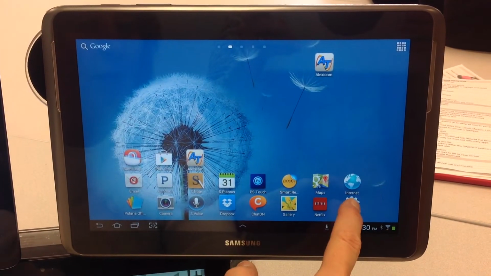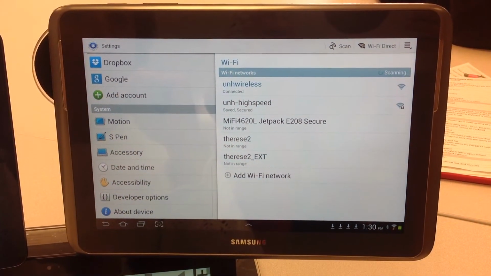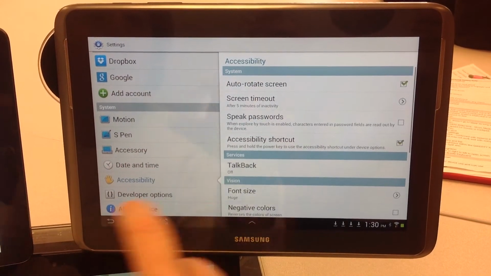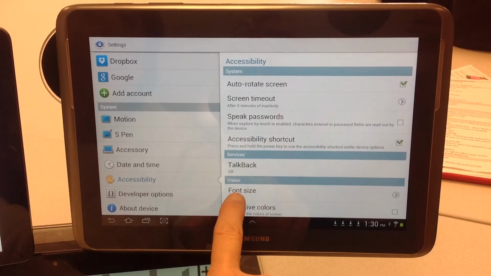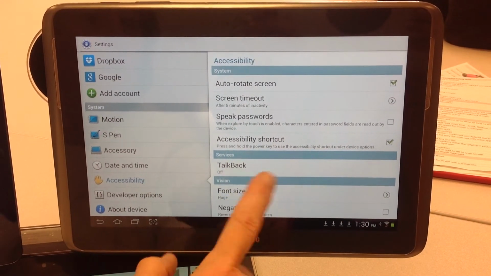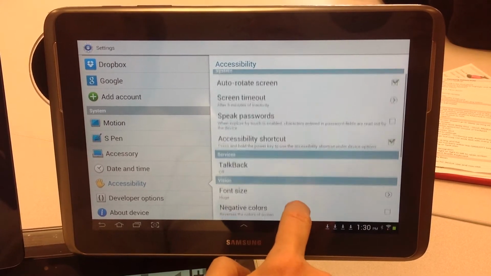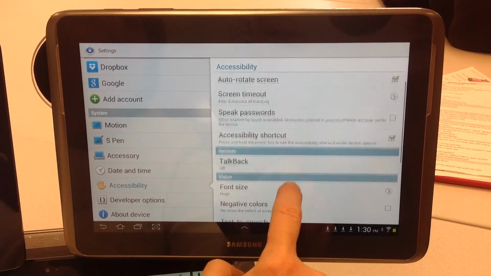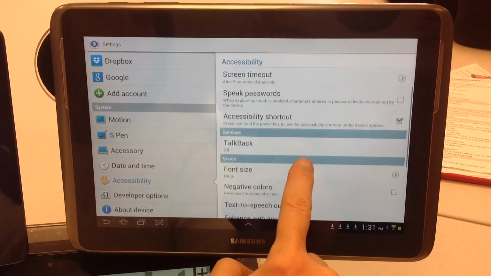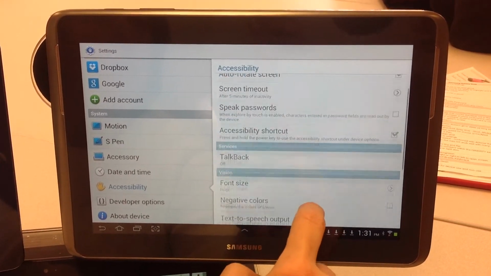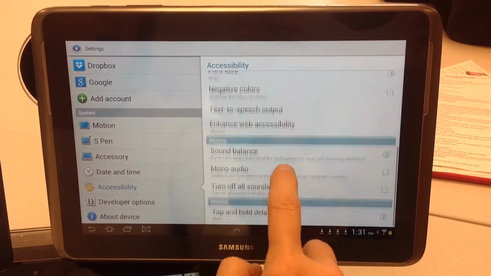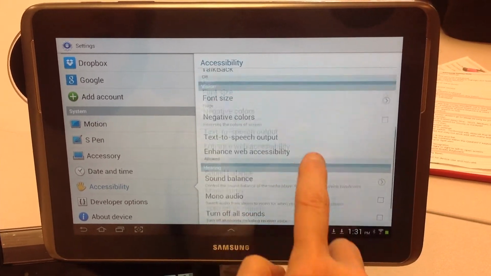settings. We're going to click on the settings, and we are going to click on accessibility and font size. All three of them, you can change your font size. You can make your font size bigger. We've got this at huge. But what we can also do is zooming in and out by,